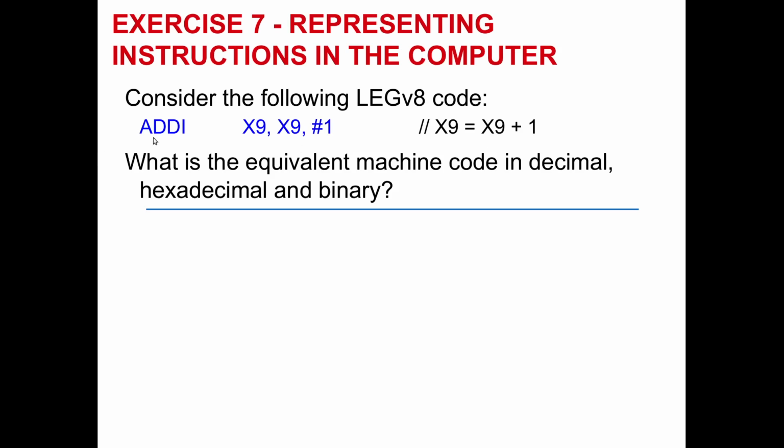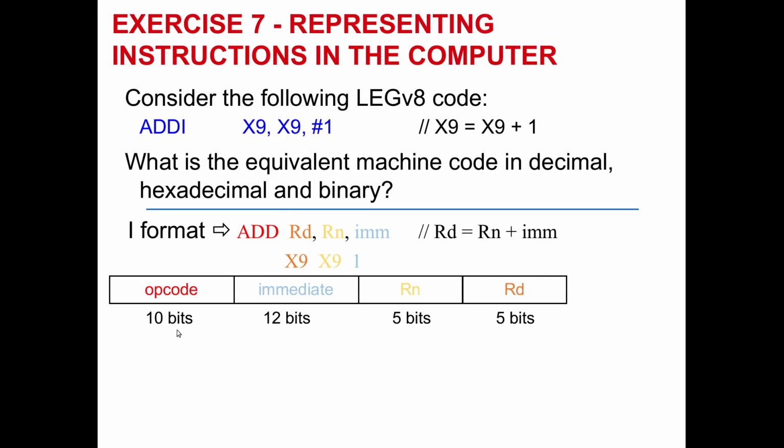We already know that this is ADD with an immediate value, so it is I format. The I format has the form of ADDI Rd, Rn, immediate, and we can see that Rd is 9, Rn is 9, and the immediate here is 1.